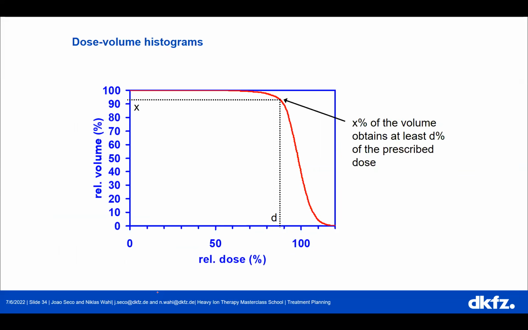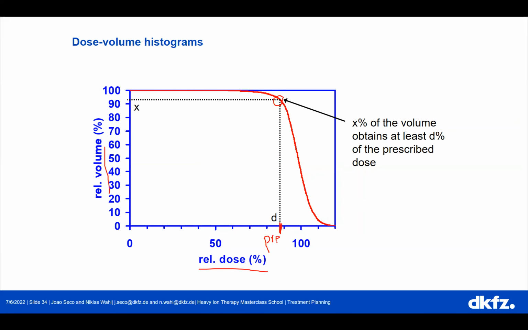And the dose volume histogram basically says that on the horizontal axis, I have the dose that I'm going to deliver to the organ, and I have the volume of the organ. In this case, I have a dose volume histogram for a tumor. I want to guarantee that my treatment dose reaches at least 95%. In this case, it's just represented as a number here, X%. But when we treat, we want to guarantee that the tumor is getting a minimum prescribed dose. So this is my prescription dose